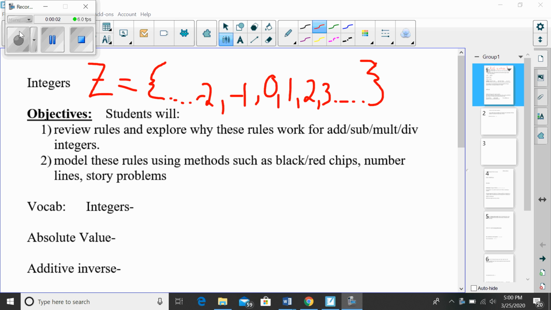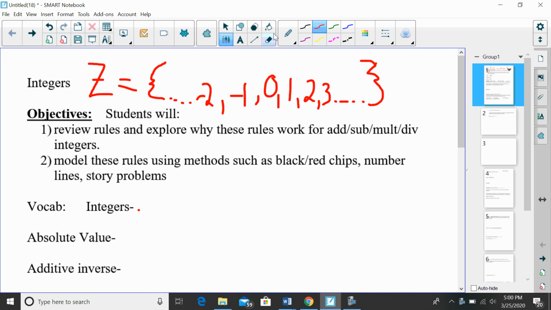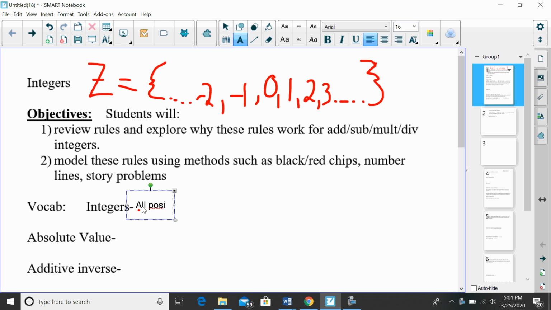So this lesson starts a new segment on the topic of integers. And integers are, vocabulary down here, I wrote them out up at the top. Integers are, if we want to define it this way, all positive and negative whole numbers. So we looked at the history of numbers and how our